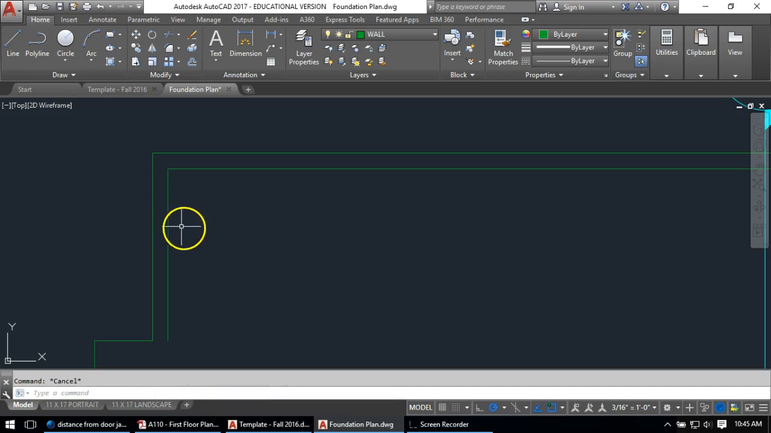Oh, my hand skid over the touchpad. I ended the command there. I got to start again. So I'm going to offset 12 foot 3.75 inches. That's from the outside wall